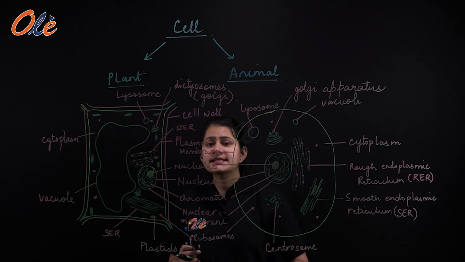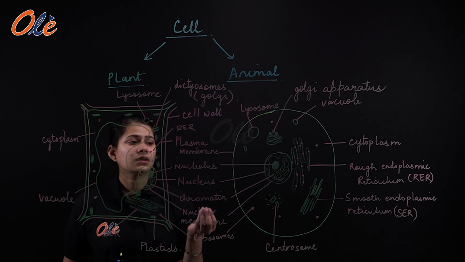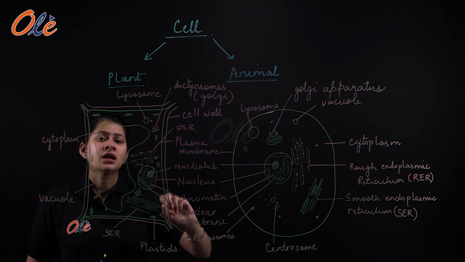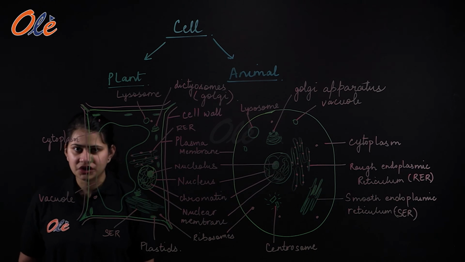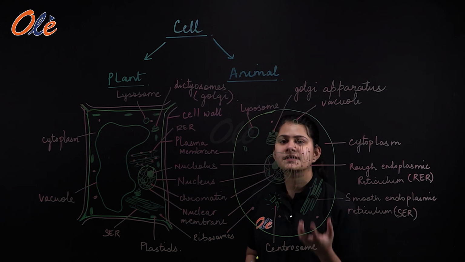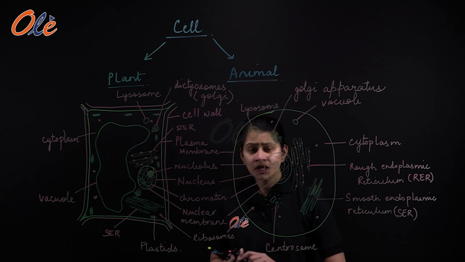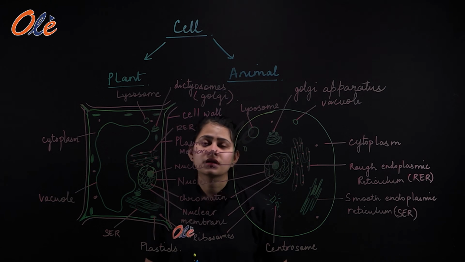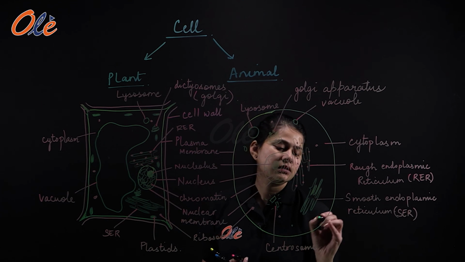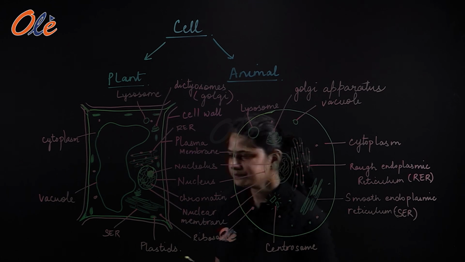Now what else we can draw here, except for the organelles, are also the non-living materials which are present inside the cell. For example, the cell needs energy, right, in the form of ATP. Where does the cell get this energy from? Obviously there are certain materials which the cell breaks down to release its energy. So in the animal cell there are the glycogen granules, right? And in the plant cells, the granules which are present are the starch granules.